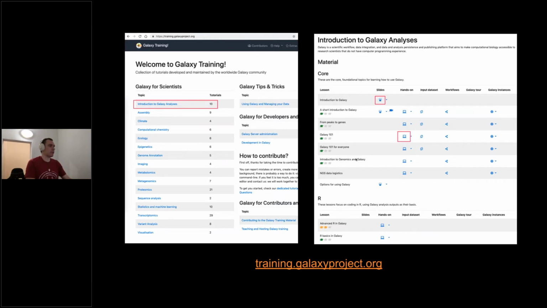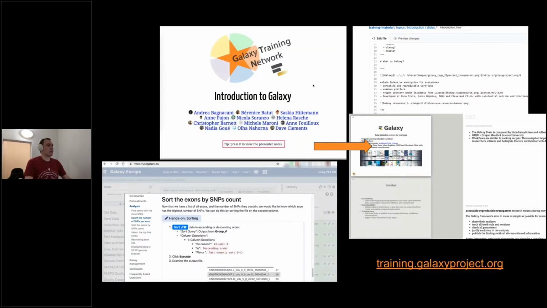And then you make your choice. In here, I click the slides, and you can see that right in your browser, there is a slide popping up. These slides are based on Markdown documents that are stored in GitHub and then generated automatically. And the great advantage is that when you're teaching with Galaxy, you don't need anything else than access to this,